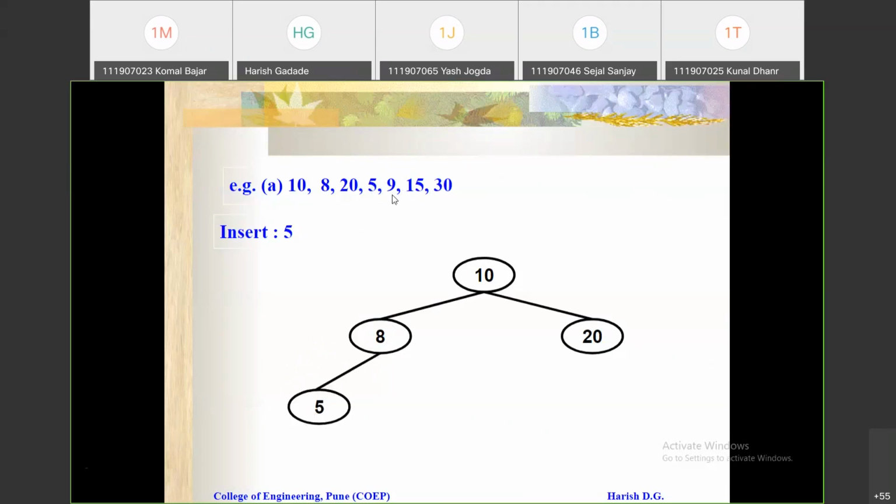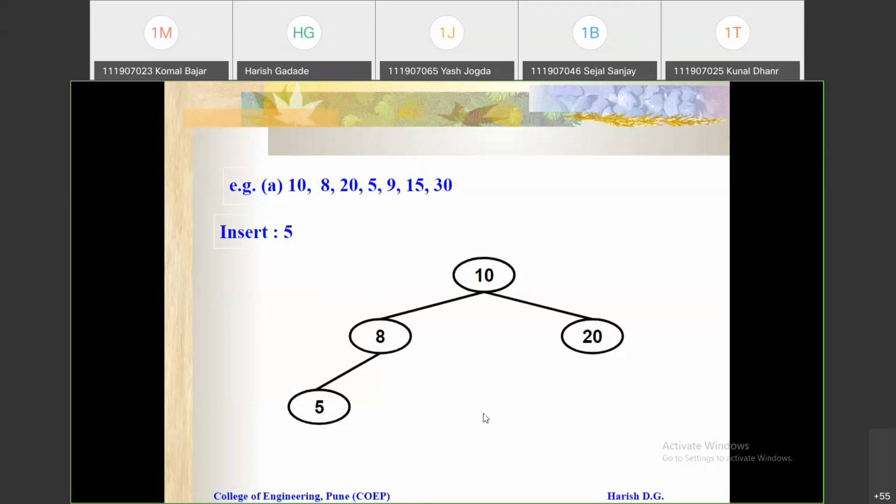Next is 9. With 9, again you need to start from the root. So compare this 9 with this 10. As that 9 is smaller than 10, you just move toward the left. Now again here, the node is there, so you need to compare that 9 with this 8. After comparing this 9 and 8, 9 is greater than this 8, so you need to move towards the right.